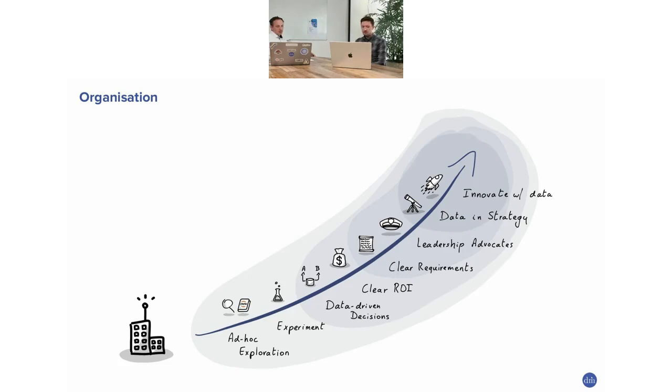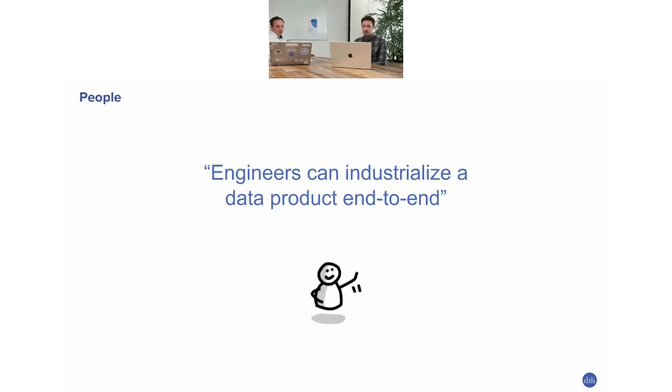Yeah, exactly. So then the next statement that we have is: engineers can industrialize a data product end to end. Yeah, that's also contentious in the sense that when you say that, everybody agrees, but then when you talk about the implications, many companies are still organized in very functional ways. So you have your infrastructure people here, then you have some engineers in another group, and then you have a group of data scientists in a lab, then you have business people in a completely different department. None of them can industrialize a data product end to end because you need all of these profiles.